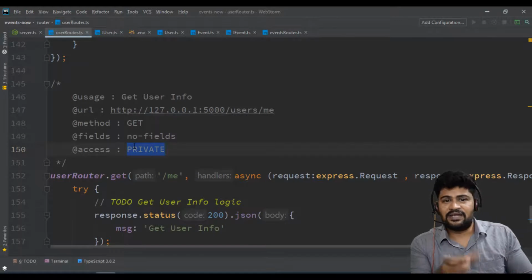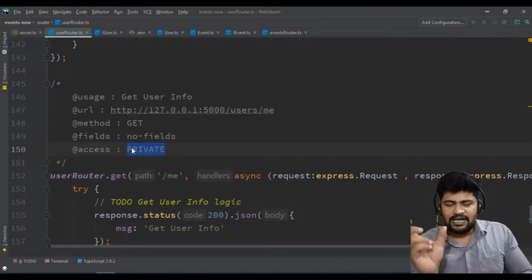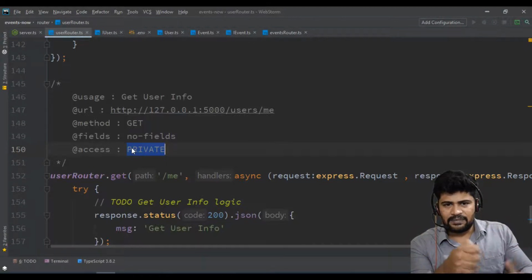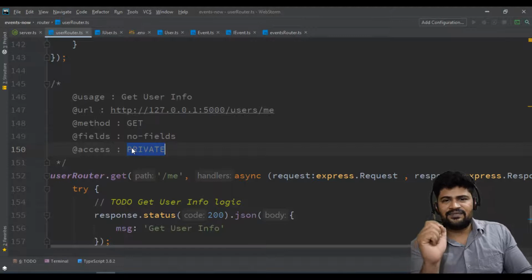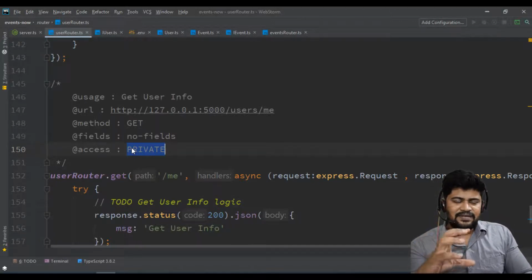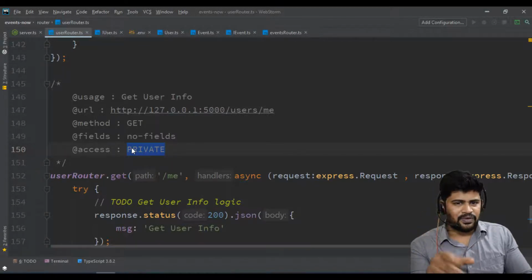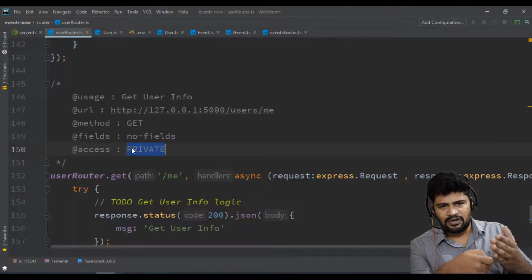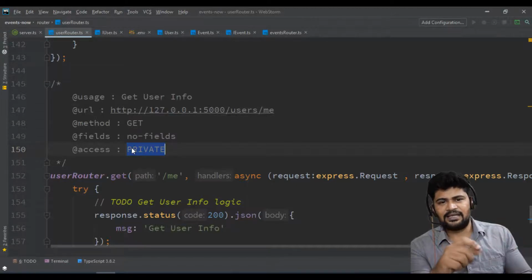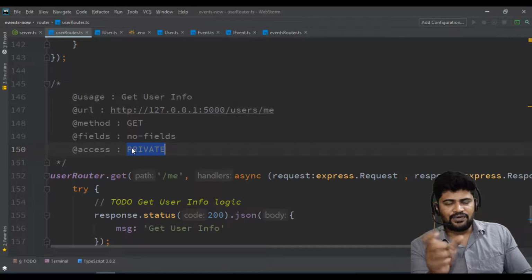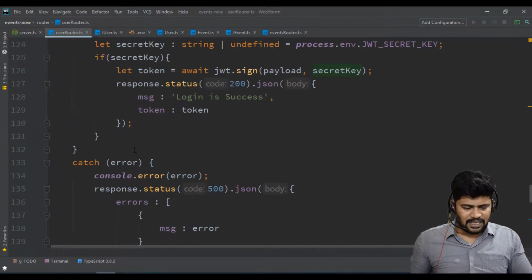What will the server do? The server will verify whether the token is valid or not, just like you scan a barcode. To verify the token, we have to create something called a middleware. This middleware is like a filtering process for every private router. It will take the token and decrypt it back. If you scan the barcode of a product, you get the actual details. Same like that, if you decode the token back, you get the payload which you created at login.